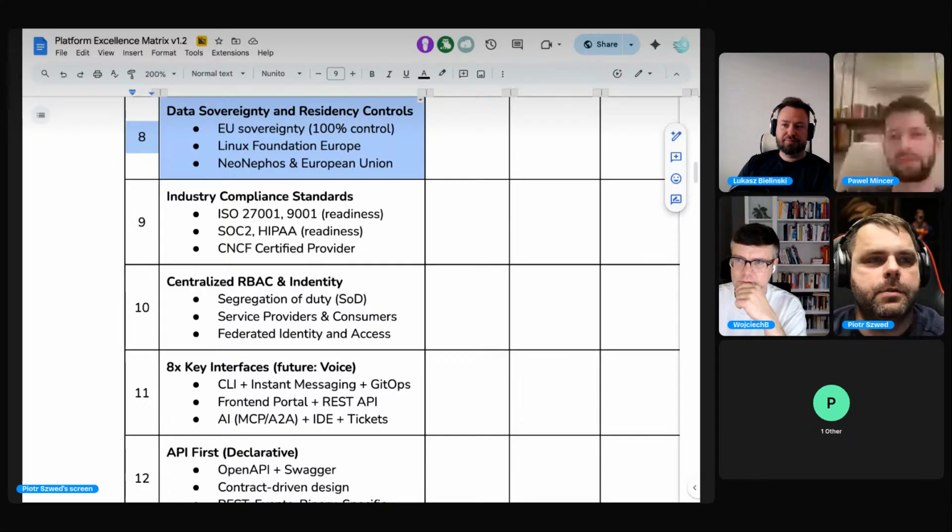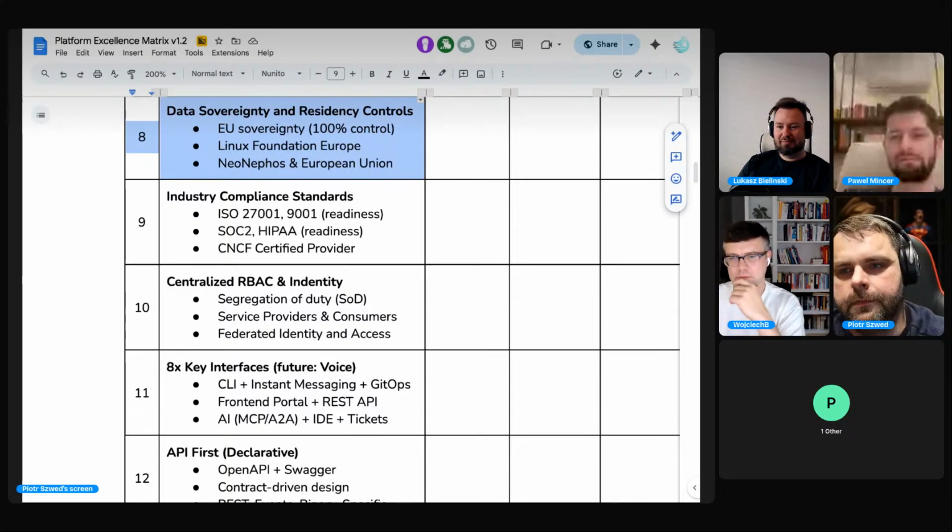The next one, which is also pretty close to the previous topic, is residency controls. Do we need full control over the data centers, over the platform? In the present political situation, which is changing from day to day, as we all know, is it a requirement for the platform to be fully independent from the influence of other continents, countries, whatever it is? Do you want to have full influence on how it's developed?